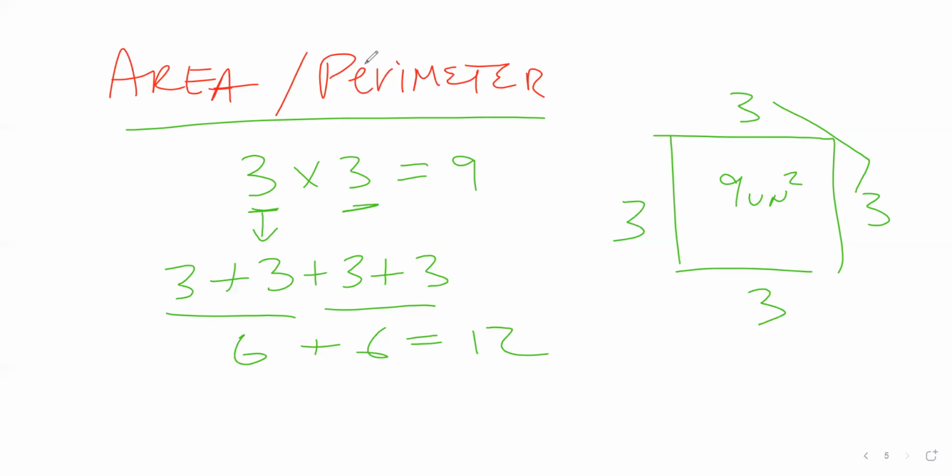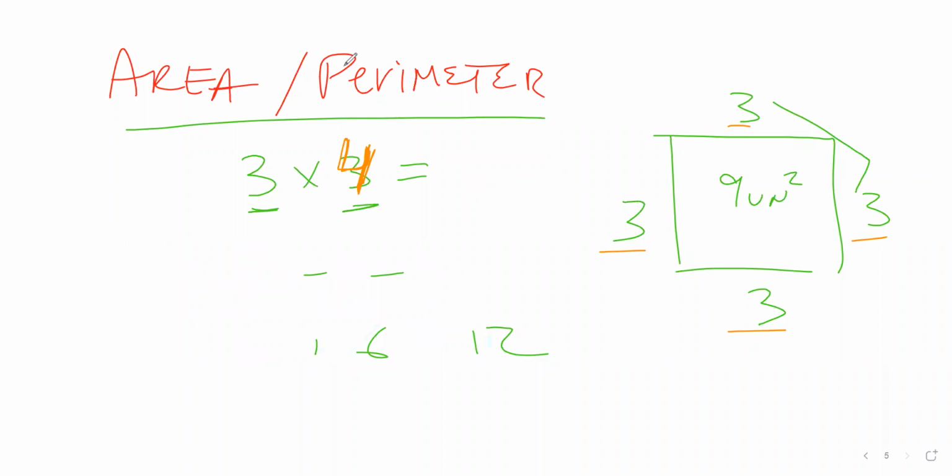I had 4 groups. Oh, wait. It's a 4-sided shape. So it'd have to be 4, because I need 4 sides to add. I wonder if that, oh, wait, okay. See, I have a new theory. I like this. Okay, so what if I did 3 times 4? That would be 12 units squared. And then 3 times 4 is the same thing as 3 plus 3 plus 3 plus 3, which is